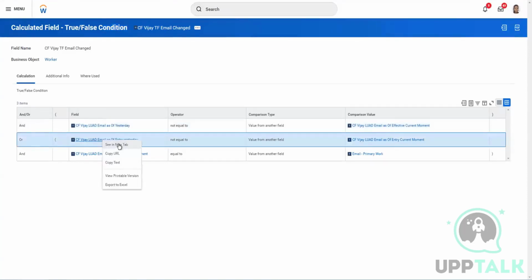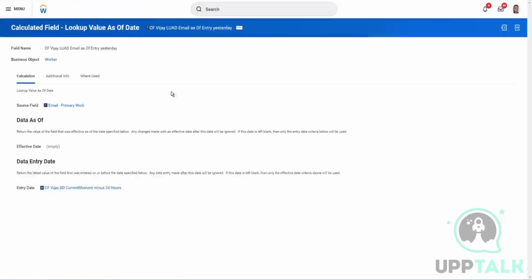When the effective condition is failing, we are checking the value as of the entry moment. So now we are checking the value of the email primary work, same field, exactly same date minus 24 hours, but as of the entry criteria. That means it was entered, but it was made effective yesterday, but we are checking the value when it was entered. So at the time of entry, what was the value? So the entry moment criteria